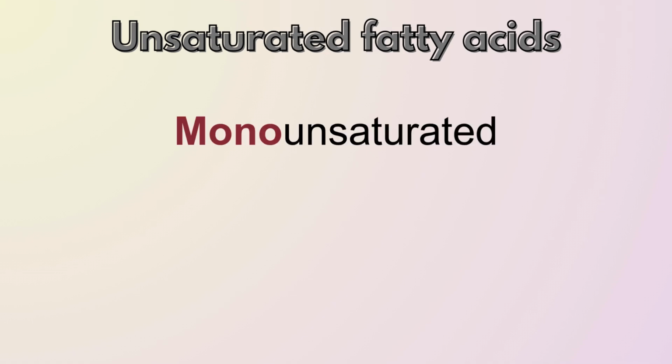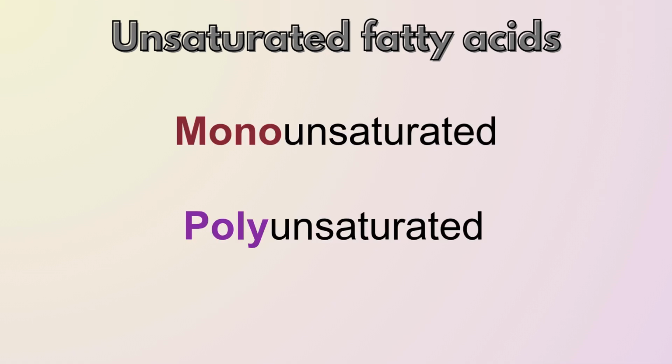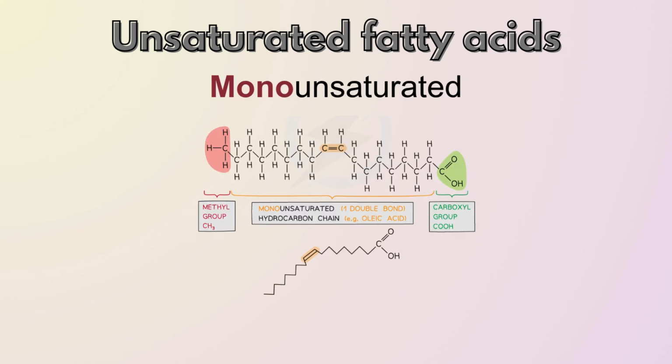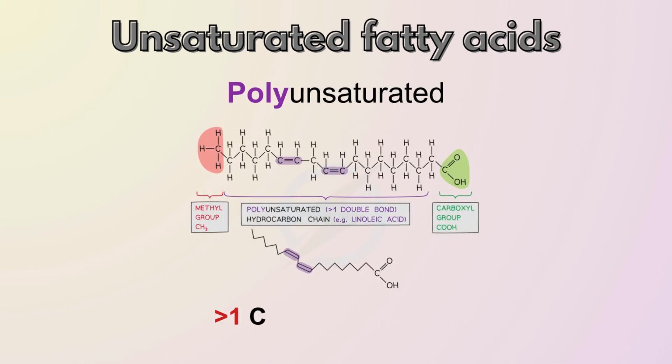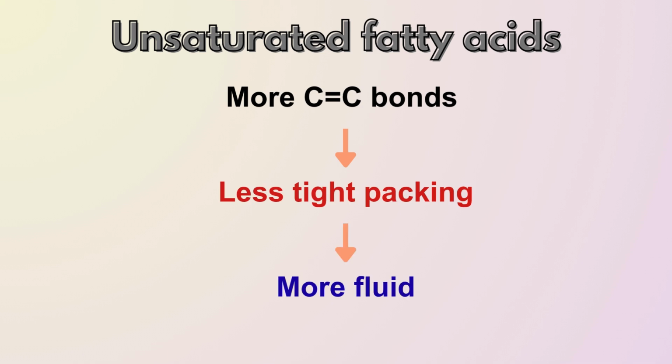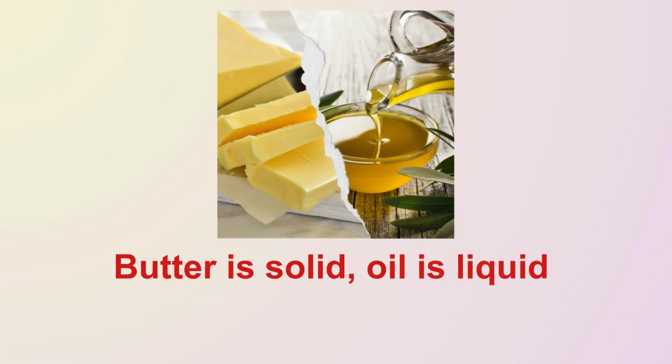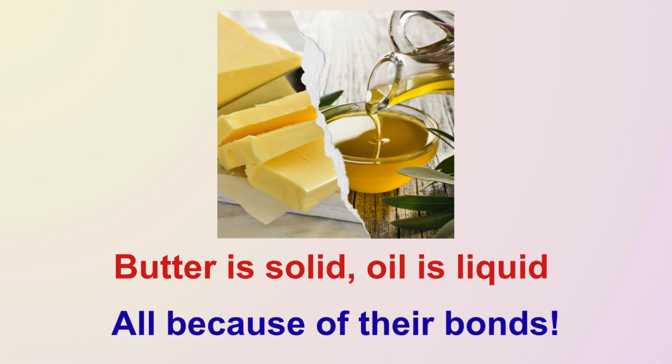Unsaturated fatty acids can be further divided into monounsaturated and polyunsaturated types. A monounsaturated fatty acid has 1 carbon-carbon double bond, while a polyunsaturated fatty acid has 2 or more double bonds. The more double bonds present, the more fluid the lipid becomes at room temperature. And that's why butter stays solid while olive oil remains liquid. It all comes down to the